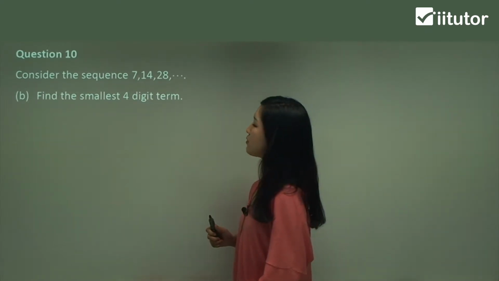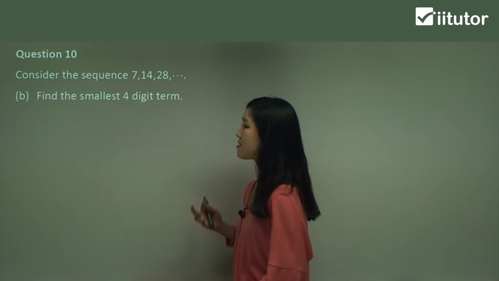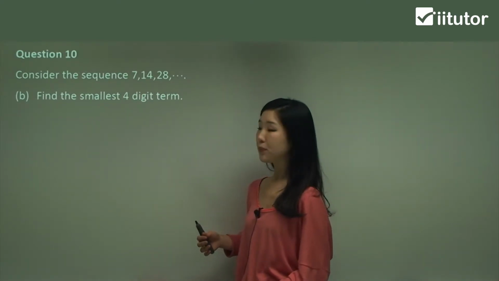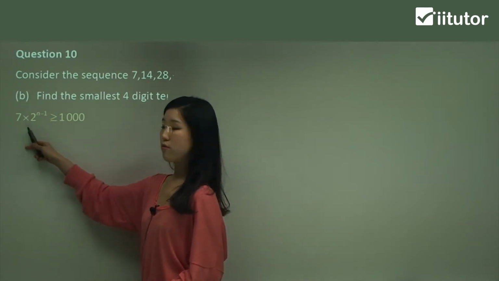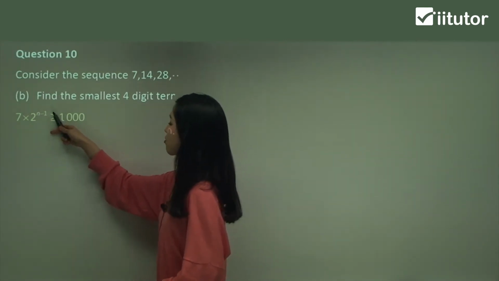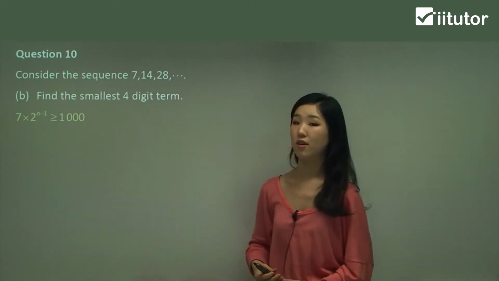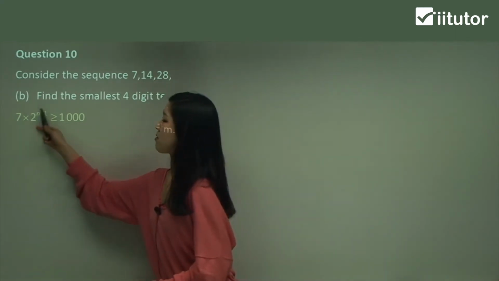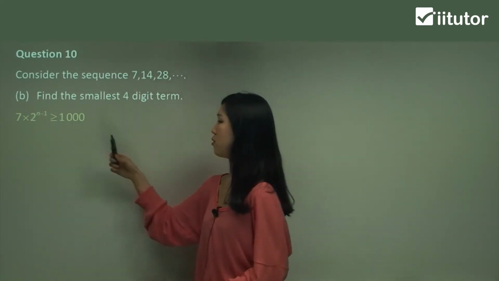Find the smallest 4-digit term. Okay, this time they want us to find the smallest 4-digit term. So what I'm going to do is say, you still use our same formula, 7 times 2 to the power of n minus 1. It must be greater or equal to 1,000. This term must be greater than 1,000, or it could be equal to, because 1,000 is also a 4-digit